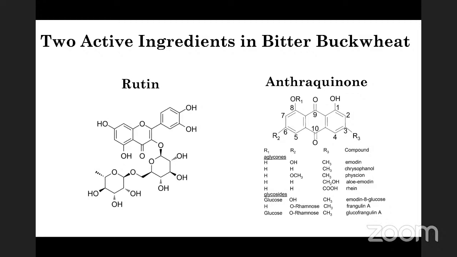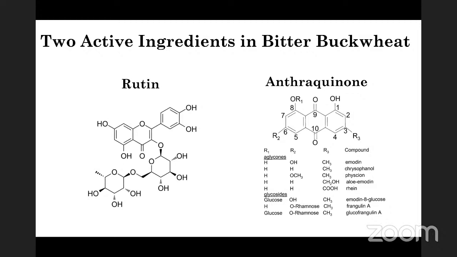Since emodin possesses very low solubility, the practical potency as oral medicine will be discounted compared with their theoretical biological activities. So in my lab, I'm focused on which genes determine the rutin and emodin